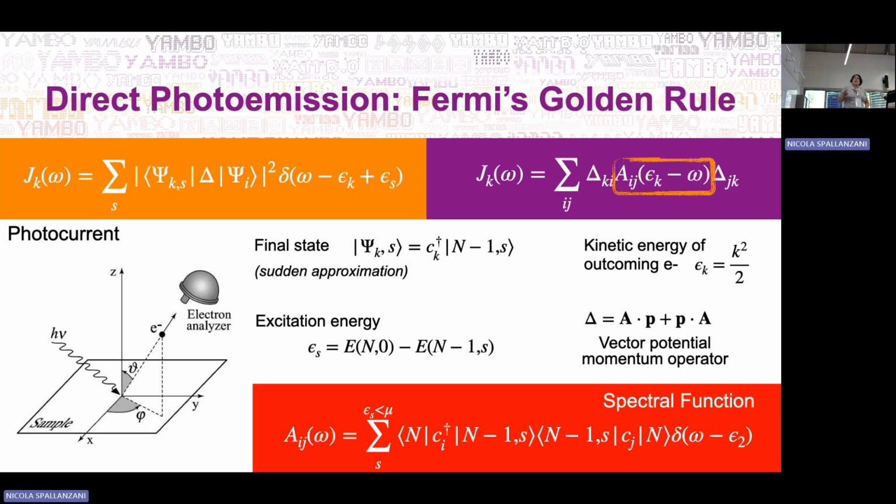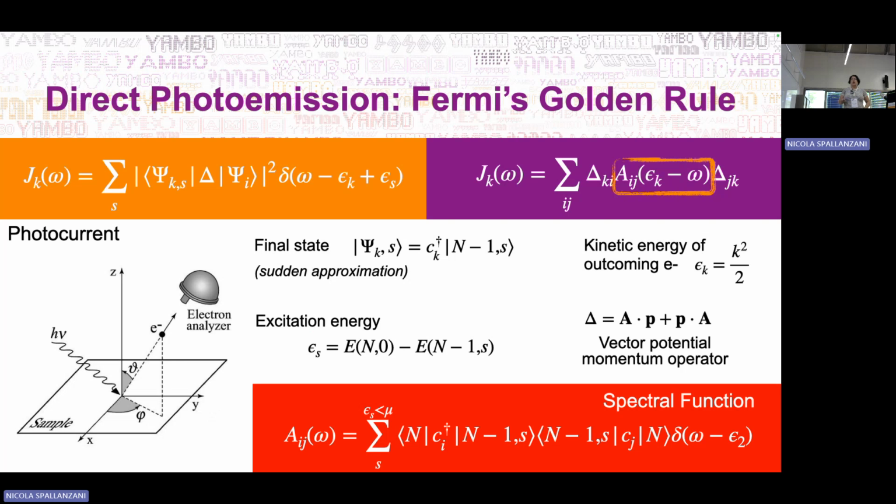Using some approximations, as usual, there are always approximations involved, we can write this photocurrent in this form here, where we have some matrix elements, but we have this object here that is called the spectral function, and we'll see it will be important in the next steps. And this spectral function is given by this expression here that is a sum on the occupied states of